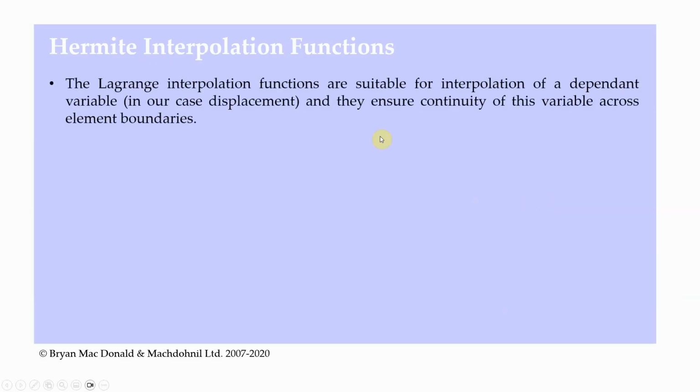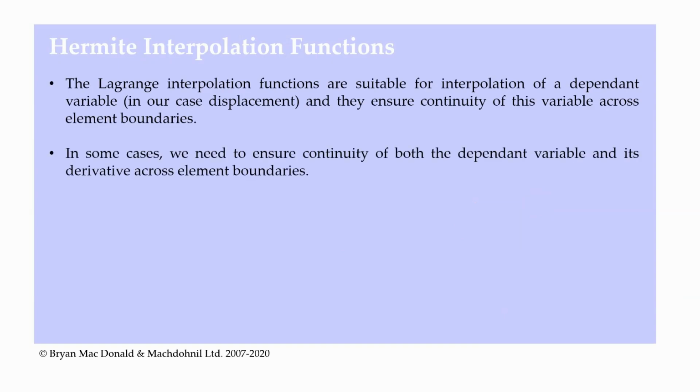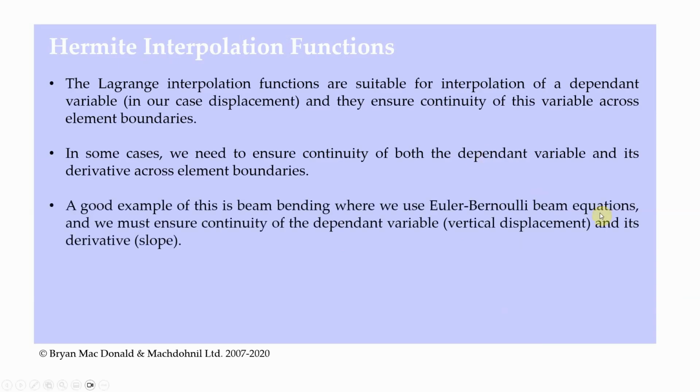So the Lagrange interpolation functions are suitable for the interpolation of a dependent variable, which in our case is displacement, and they ensure continuity of this variable across element boundaries. However, in some cases, we need to ensure continuity of both the dependent variable and its derivative across element boundaries. The most obvious example of this is beam bending, where we use the Euler-Bernoulli beam bending equations. We must ensure continuity of the dependent variable, which is vertical displacement, and its derivative, which is